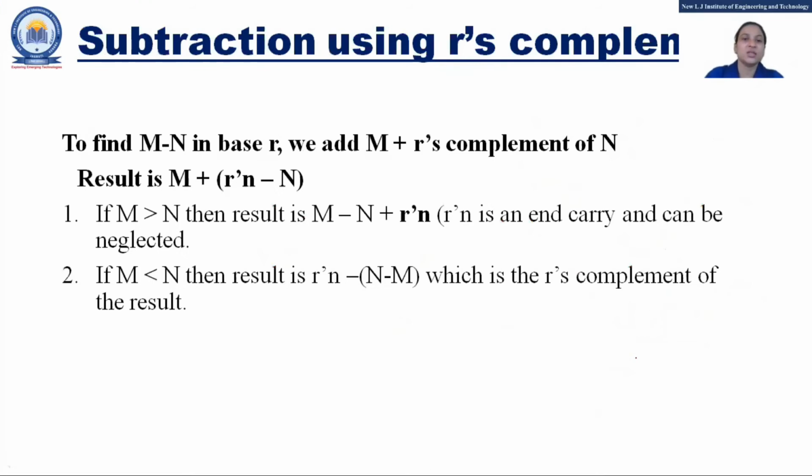Now let us look at how we can subtract using the r's complement method. In this method, for a given 2 positive numbers, first of all we find the negative. That means, using the r's complement method, we will add the 2 numbers, our first number n1 and n2. So we are actually adding 2 numbers. How? We take the complement of the second number, so it becomes negative. So n1 plus minus n2, right? Now we will see this from an example.